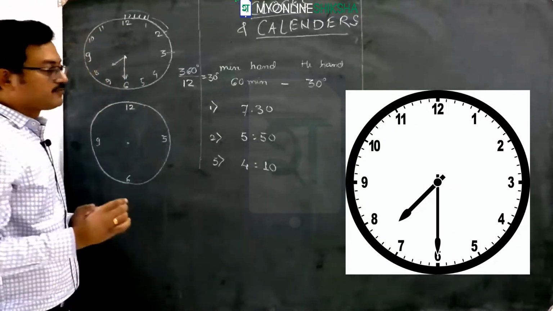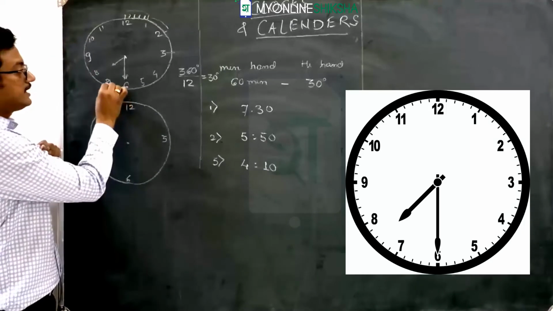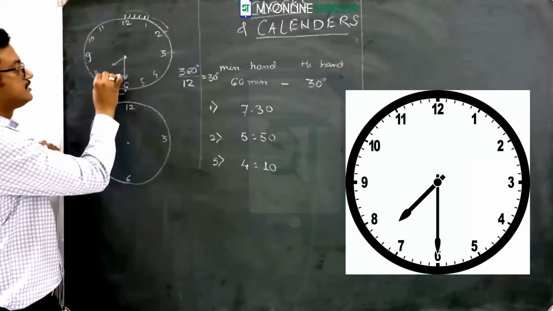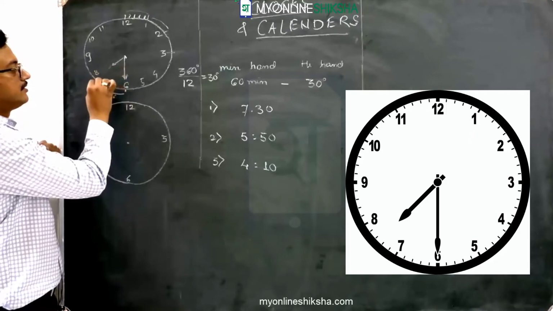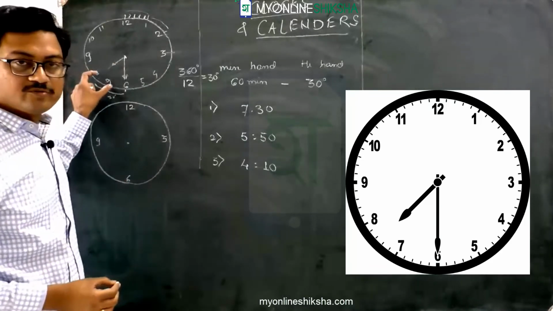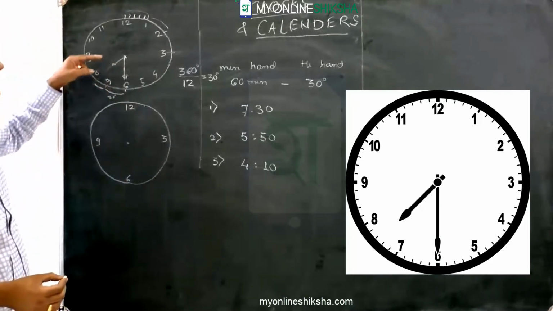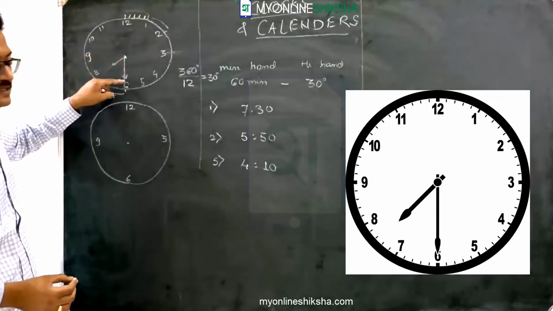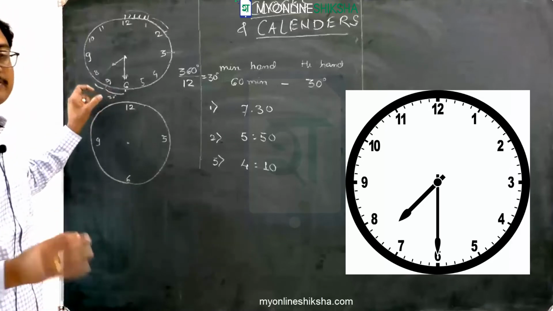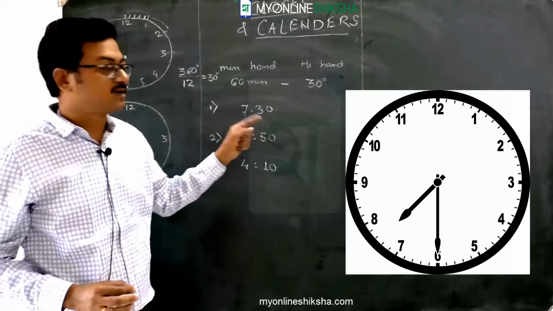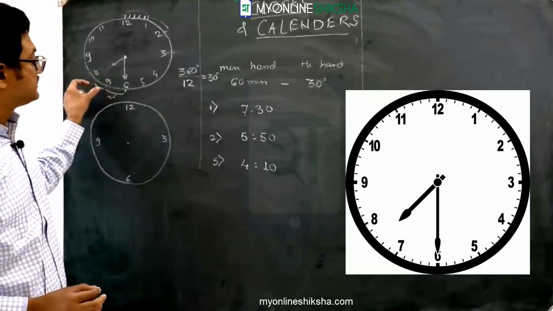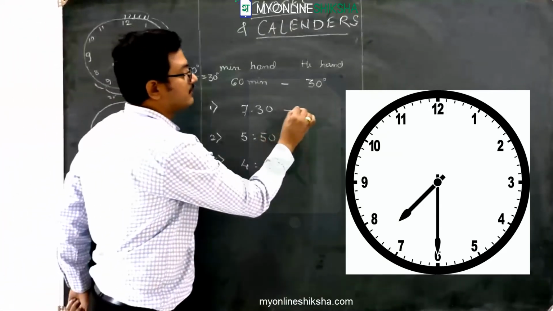Okay, so what is the first thing you need to do? First, you know that between any two hours there is an angle of 30 degrees. Now you just need to think of this angle. Now this angle is 15 degrees, that is well known to you. But how can you predict that the minute hand is at 6, that is for sure. How can you predict that the hour hand is between 7 and 8, exactly between 7 and 8? Because it's 30 minutes, so the hour hand is exactly between 7 and 8. So this angle is 30 degrees and this angle is 15 degrees, so this angle will be 45 degrees.